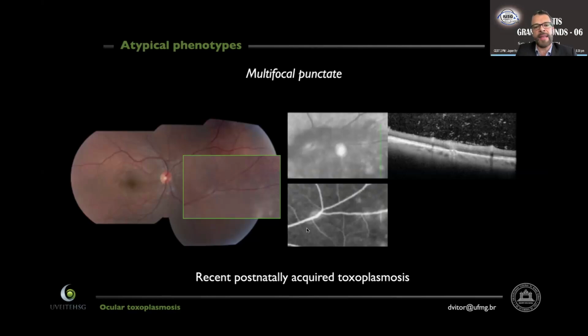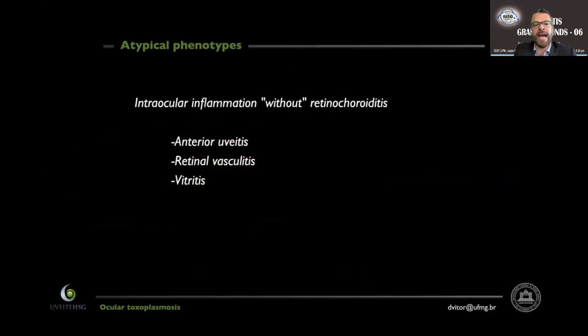Vision was 20/20 in both eyes, and only because we carefully looked at his periphery, we did see these multiple whitish infiltrates in the retina, very similar to the ones we just showed for congenital toxoplasmosis, that may be easily overlooked. So we do think that sometimes there is some retinal involvement, very mild, that we cannot see if we do not very carefully examine these patients, and these may represent the first entry of the parasite inside the eye.